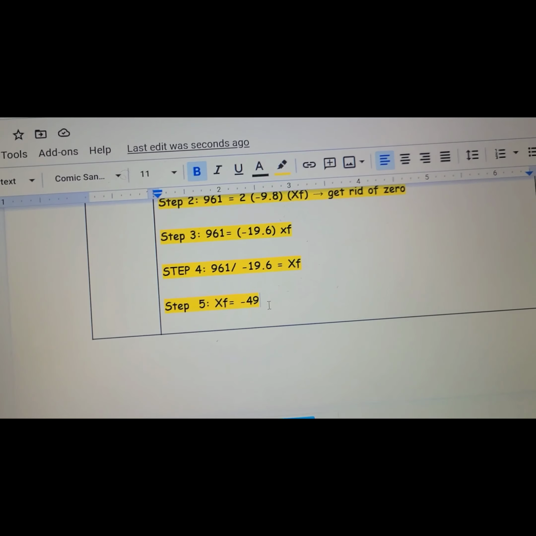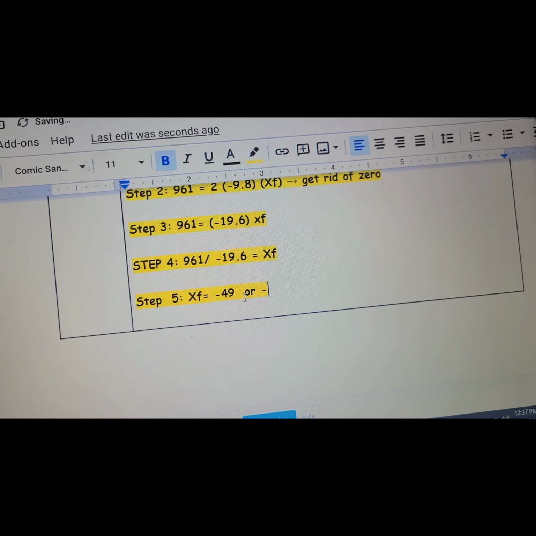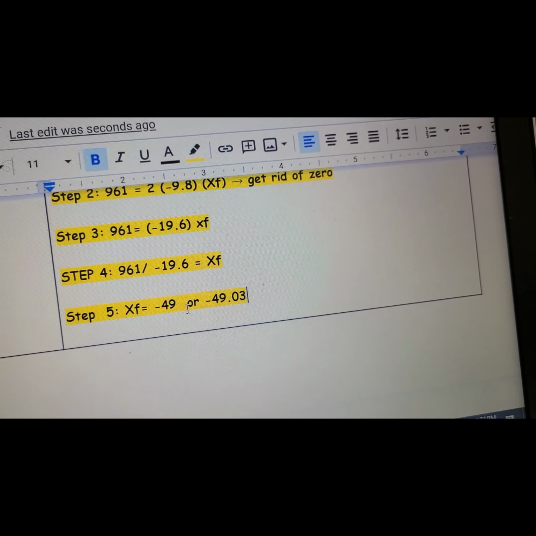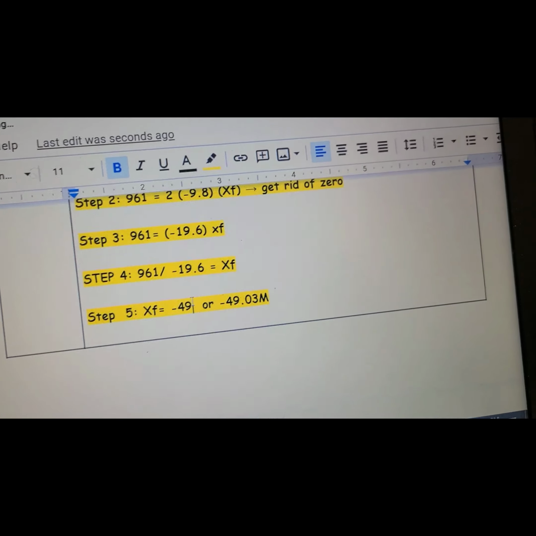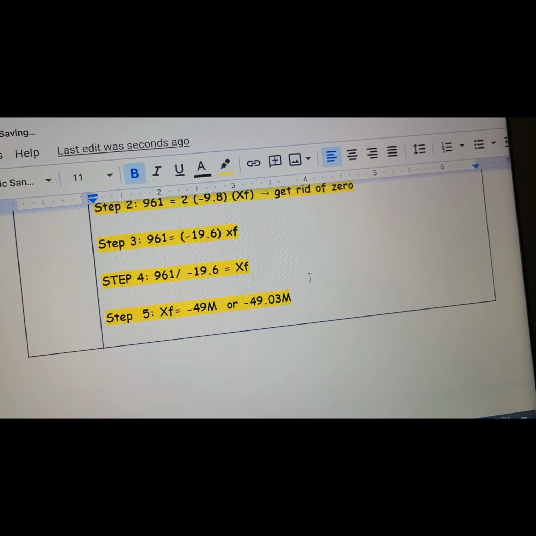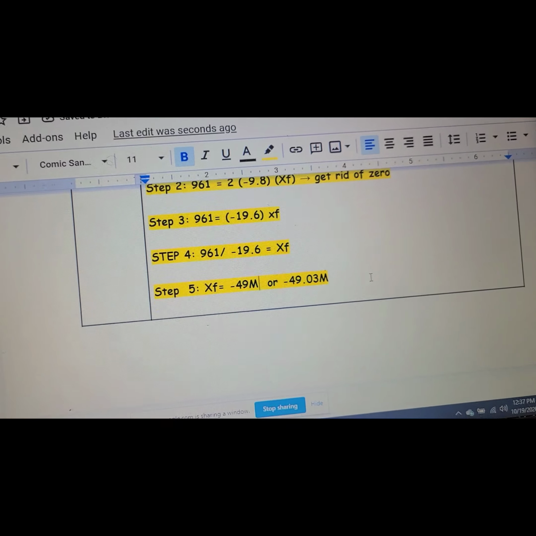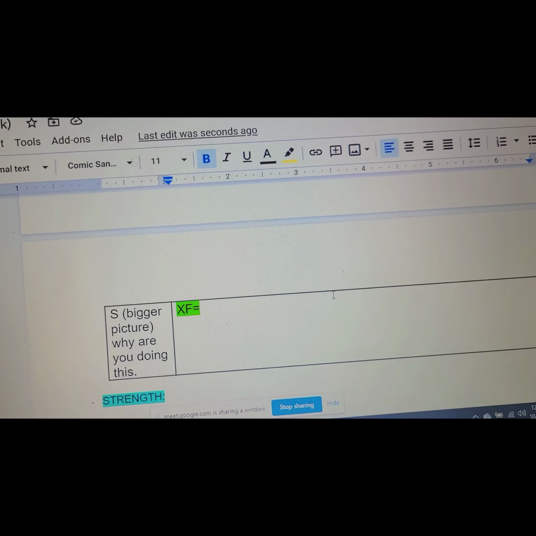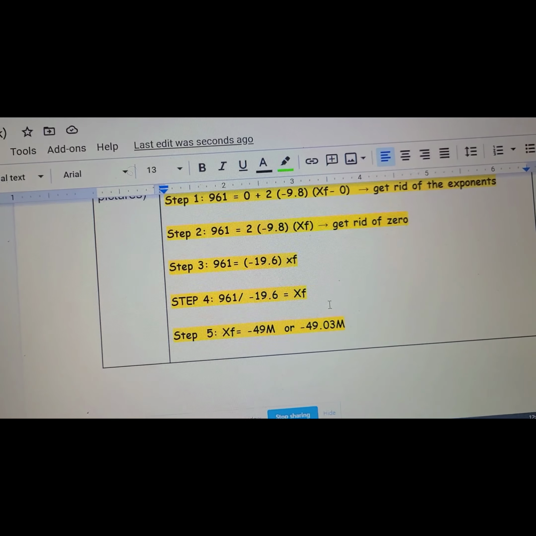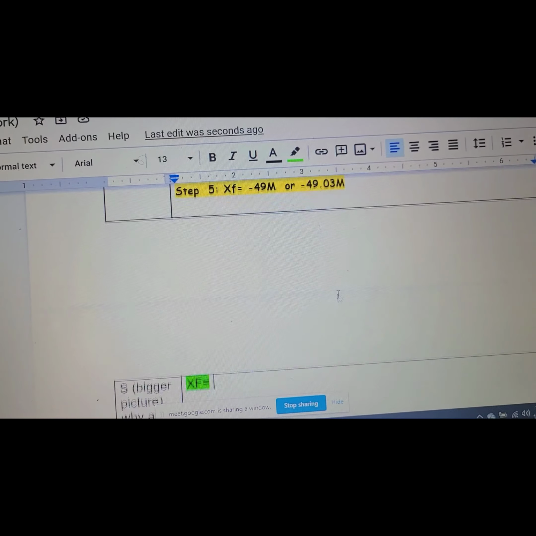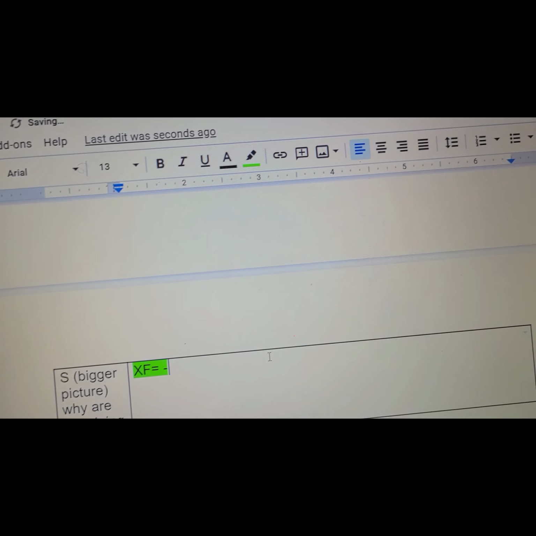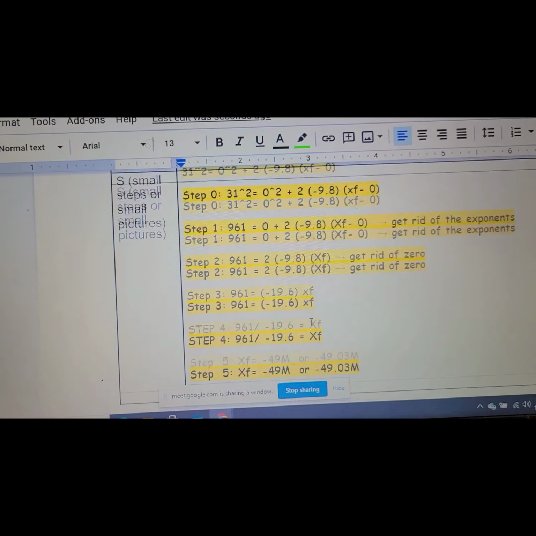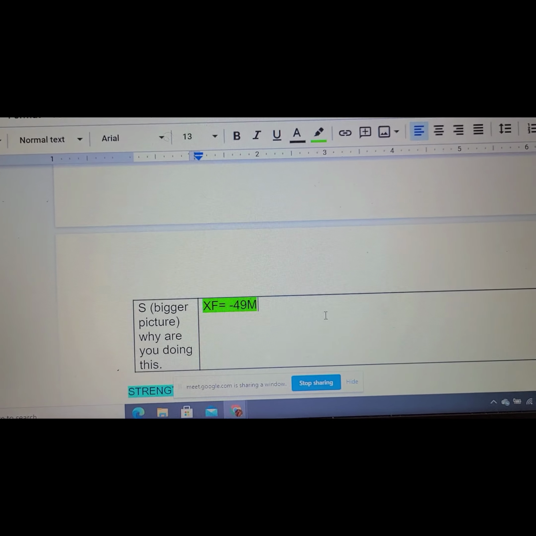All right. So I think either way, if you do that or this, it should be okay, because the point is, you have the whole number. You know what I mean? And the whole number, the one that's probably the most important is that 49 because that tells you the legitimate distance. That 0.03 is probably like a tiny little piece of it, and now you have your bigger picture. You got to step 5 to get to that bigger picture. It took you 5 steps to figure out that big picture at the end of it all. And that's how life works sometimes. It takes you a couple of steps to get to the big picture, right? Yes. Yeah. So how do you guys